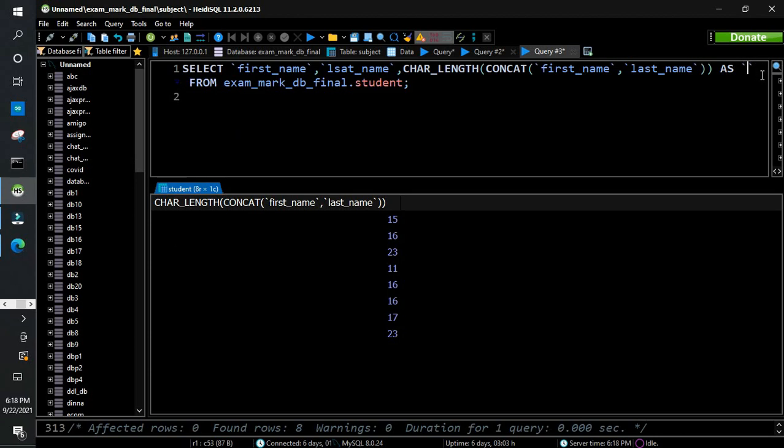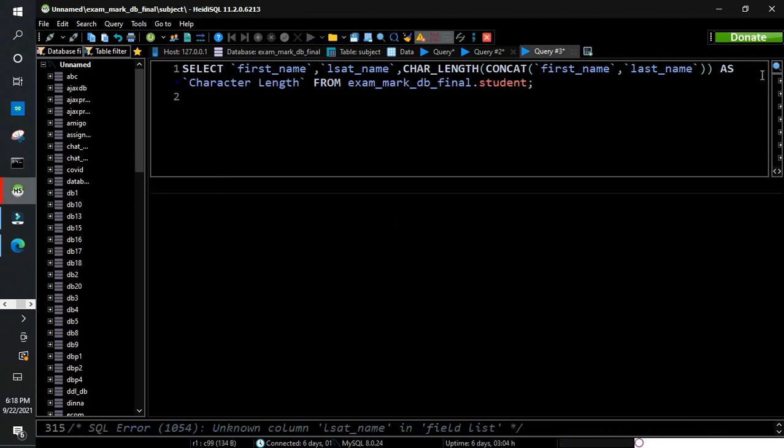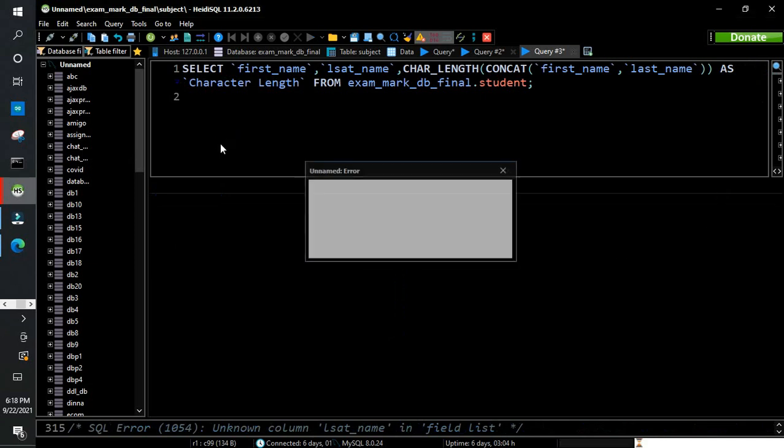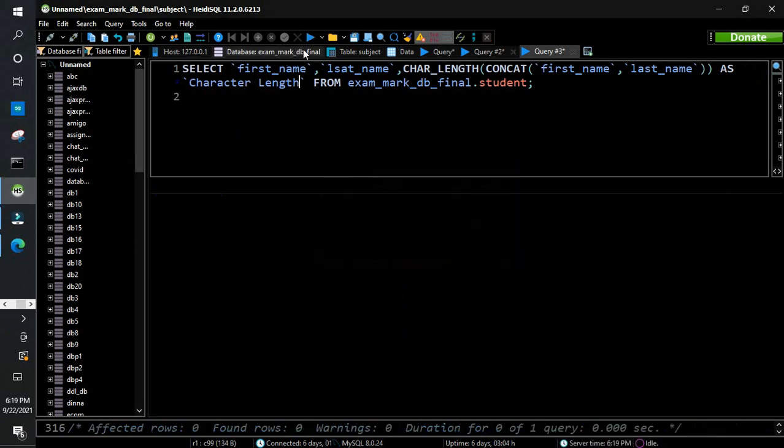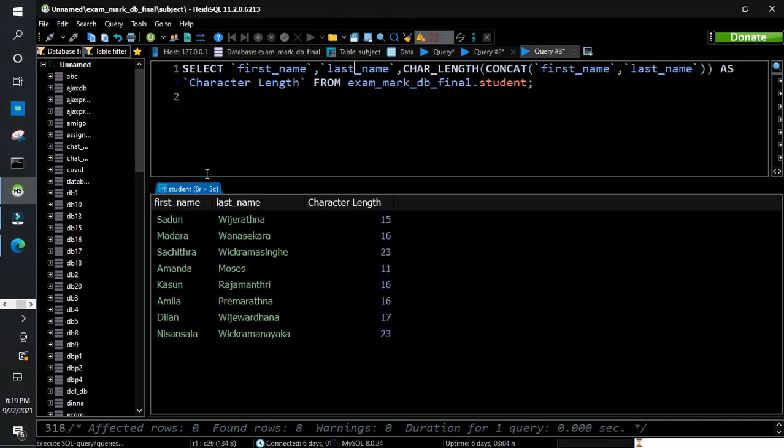I will rename it as character length. Now once I run this, okay, my spelling, last name. Now the first name, last name, and the character length is 15. As you can see, this is the answer for the first question.